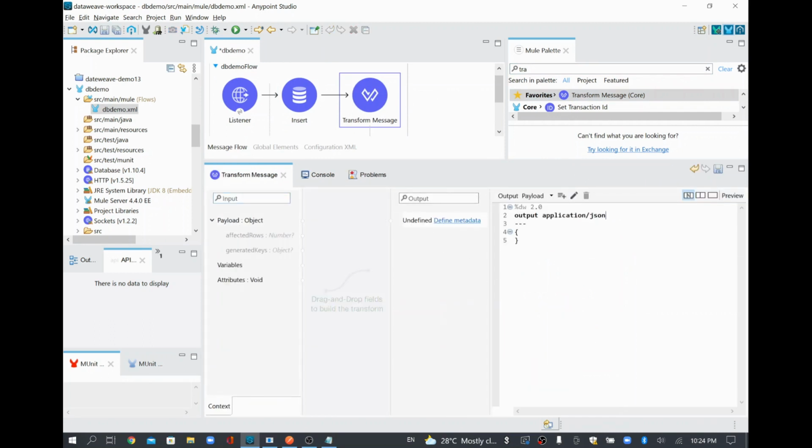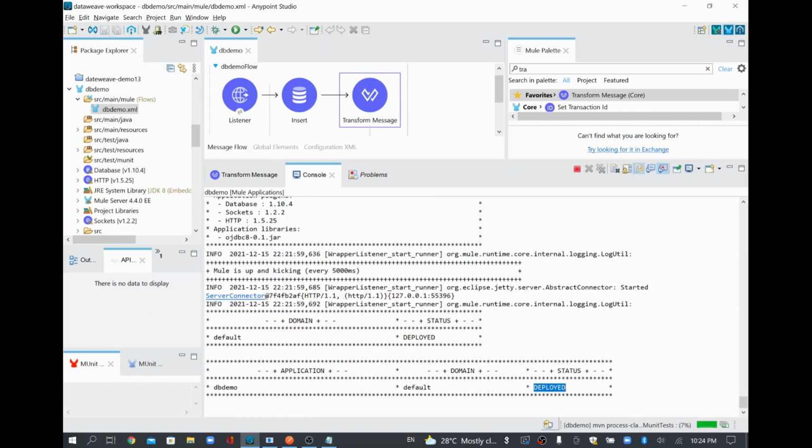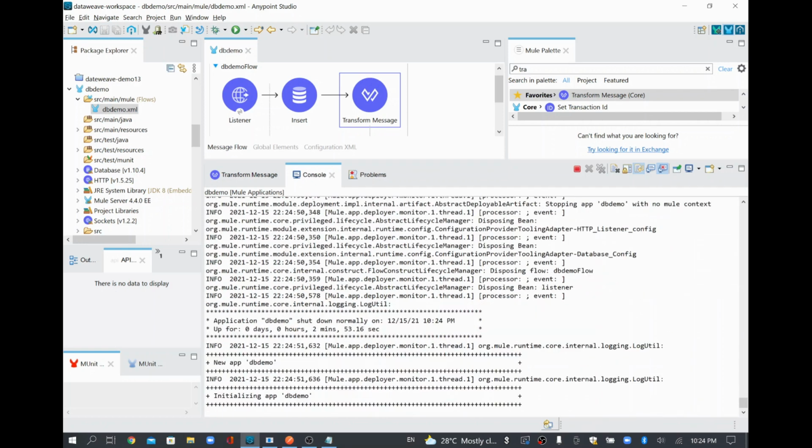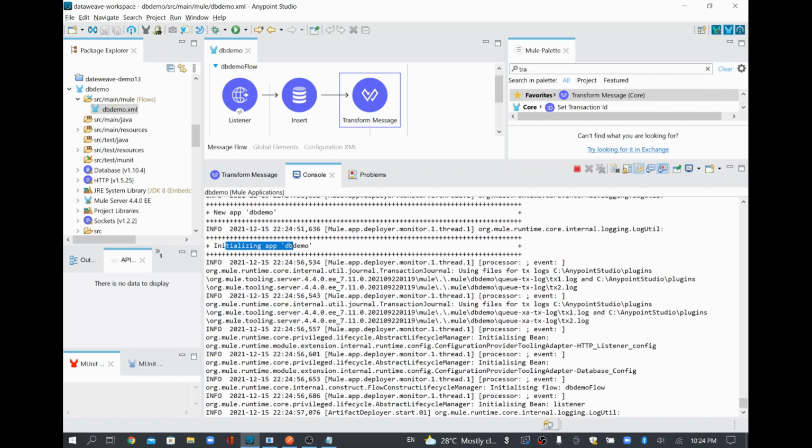I'll say JSON, and I'm going to print as an object, and I'll say message colon, user, or it's employee, right? So I'll say employee created successfully. Okay, employee created successfully. So this is the response. It will come. I'll save this one. So whatever we save, right, it will get deployed now. So you'll be able to see it is initializing the app with the latest changes. And once the app is initialized, I'm going to send it.